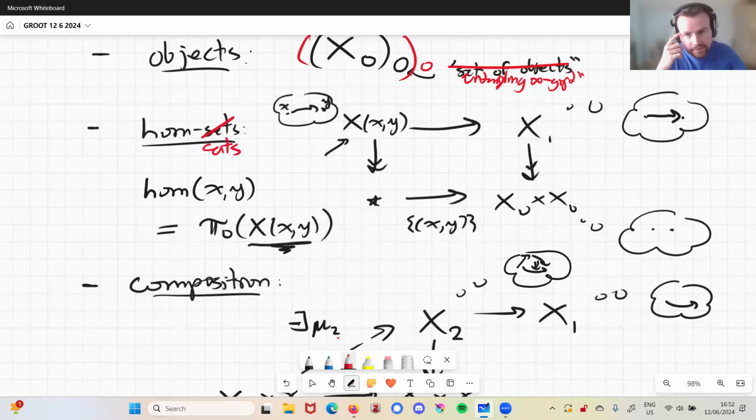This is already correct. x1 now is the infinity 1 category of 1 morphisms. x0 times x0 is the underlying infinity one category times itself, right? So just pairs of objects. This map here is also a fibration in a suitable sense. And so what I get is that this thing is fibrant in the model structure for complete Segal spaces. And what that will mean is actually that this is an infinity one category itself.